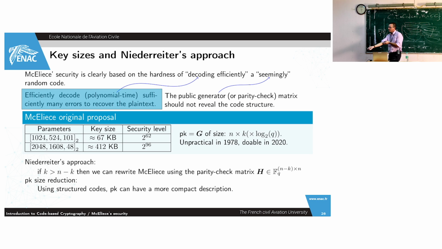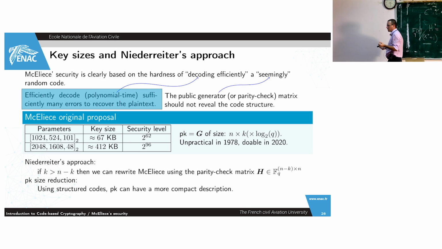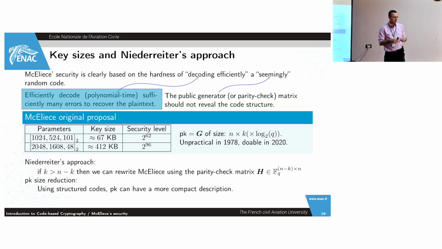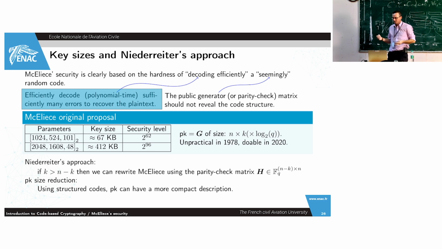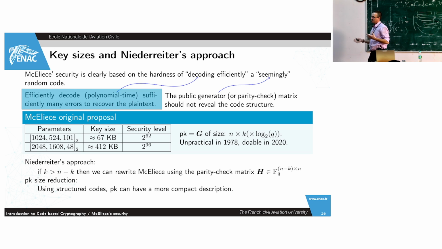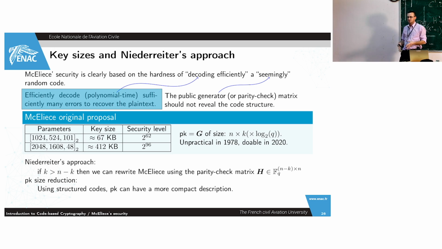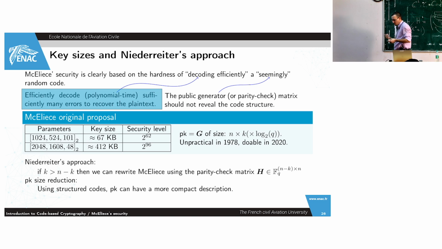Yes, okay. And the other thing, and maybe I'm going to stop here, is that in order for your scheme to be secure, you don't want to be able to decode efficiently any random code. Basically, this is rephrasing that the syndrome decoding problem should be hard in practice. And this is the case because when you look at the syndrome decoding problem, the best known attacks for the syndrome decoding problem are called